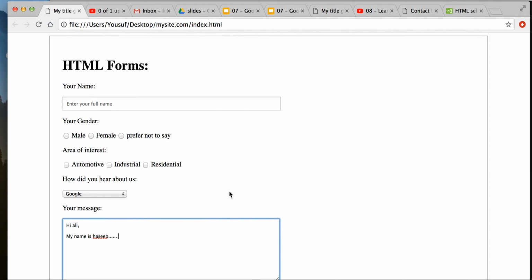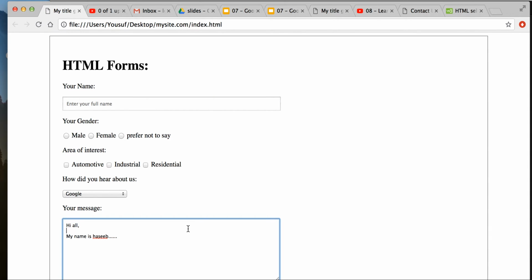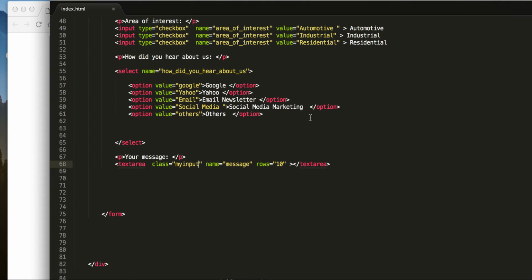Now when it comes to sending this whole form, when somebody fills it out, you add a button at the end of the form. I can show you how you can create a button. You don't need to give a title to the button. You can write one line break, and then after that you say input, and input type this time